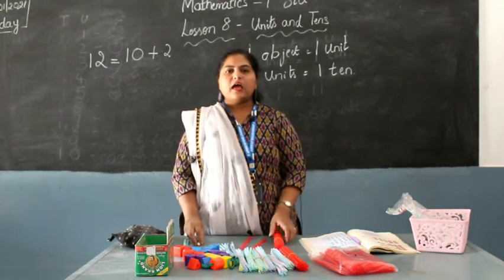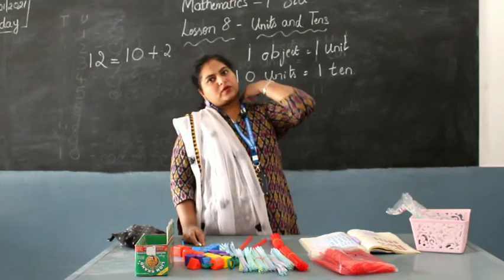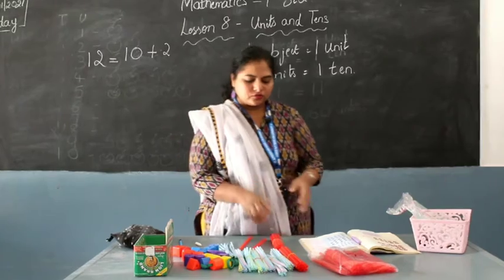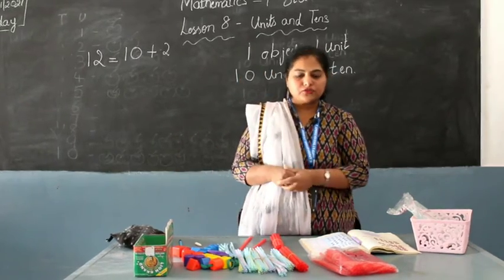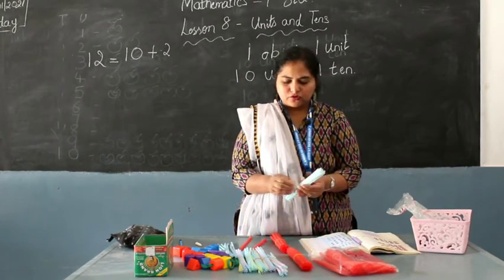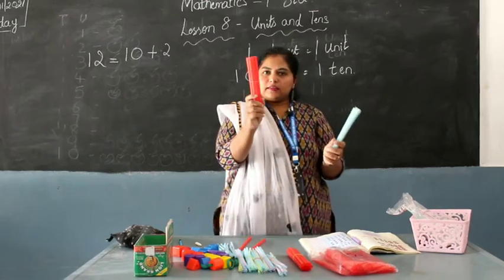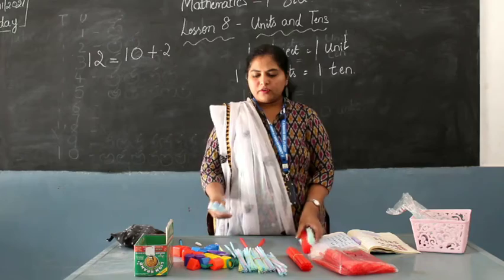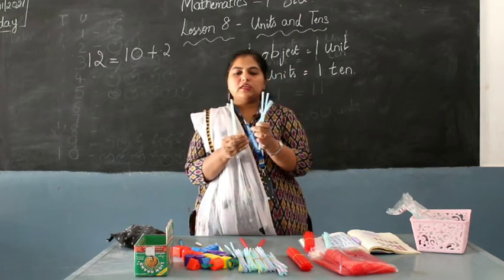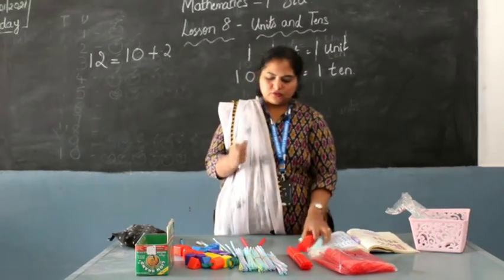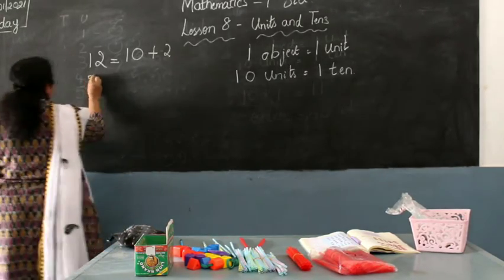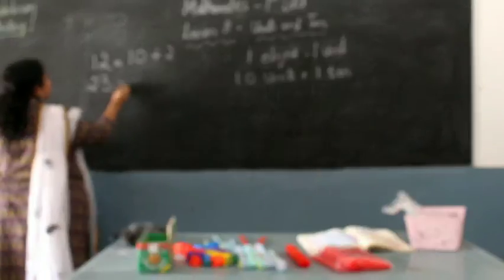Now if I say I want 22 straws or 23 straws, what will you do? Now you will have to sit and count 20 straws? No, you already have a bunch of straws. So I have 1 ten, another 10, 20. Plus you are asked for 3. 1, 2, 3, 23 I said, right? So if I want 23 straws, 2 and 3. So how would it be?